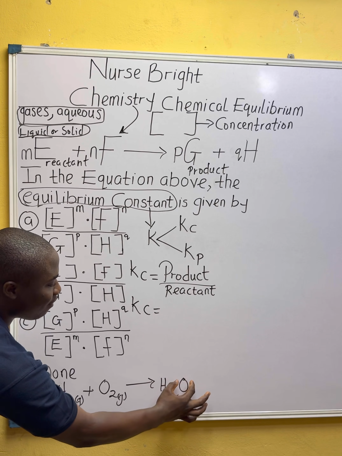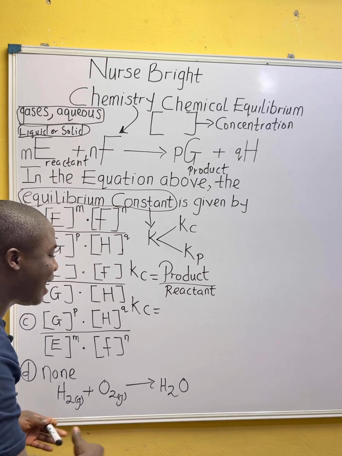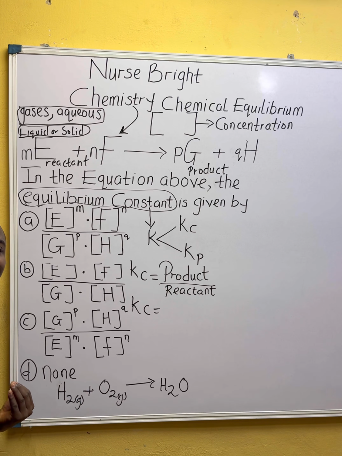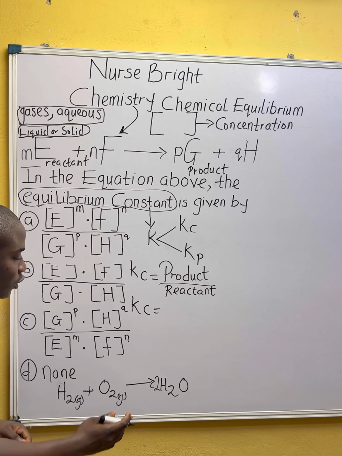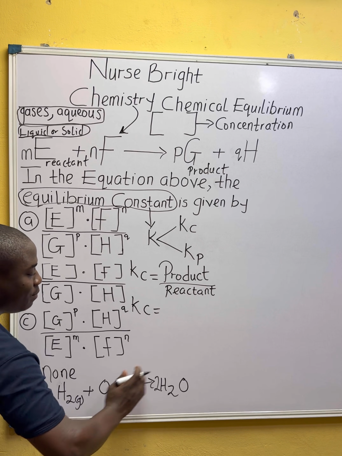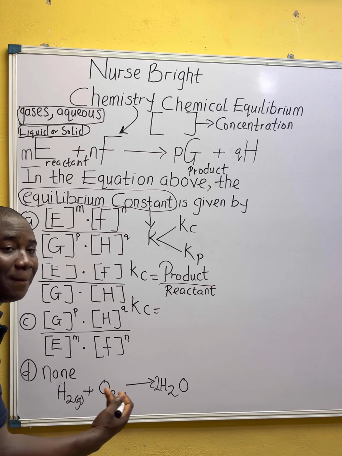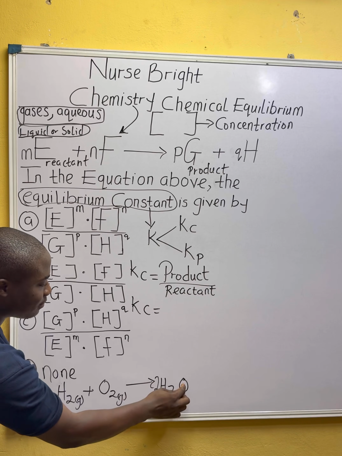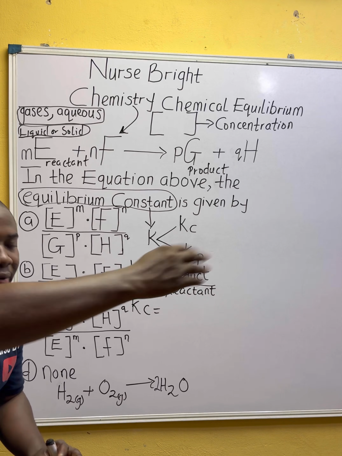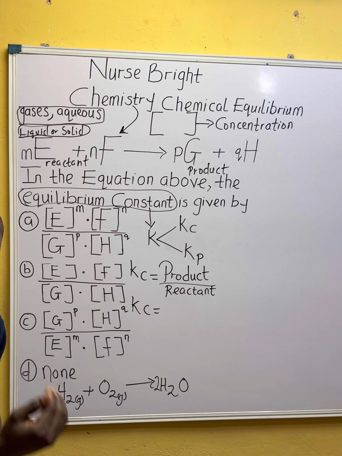We have one oxygen on our right-hand side. So to balance it, because we have two on our left, I simply put two here. Oxygen is now balanced because I have two on my right. Two, because the number standing in front of these compounds or elements multiplies everything. So two times oxygen makes two oxygen on my right and two oxygen on my left-hand side,